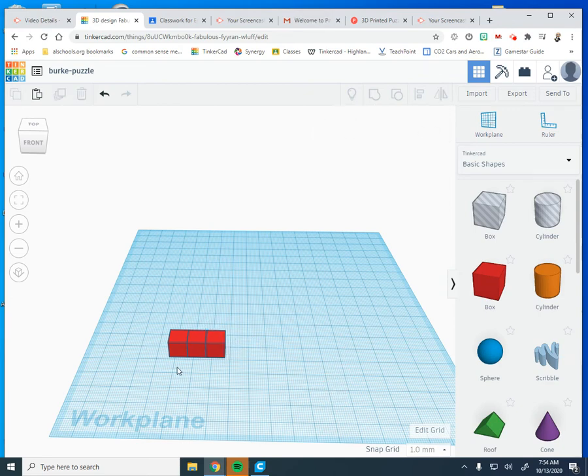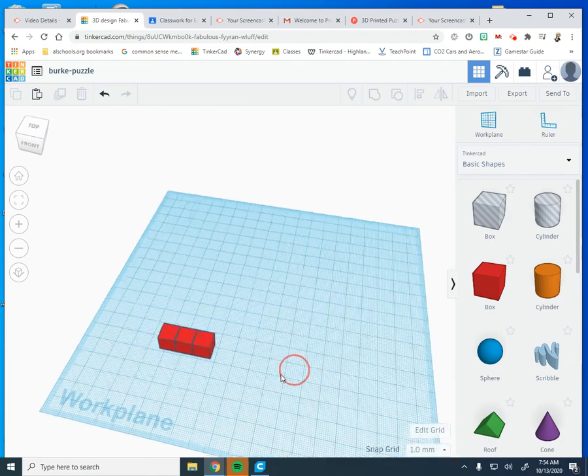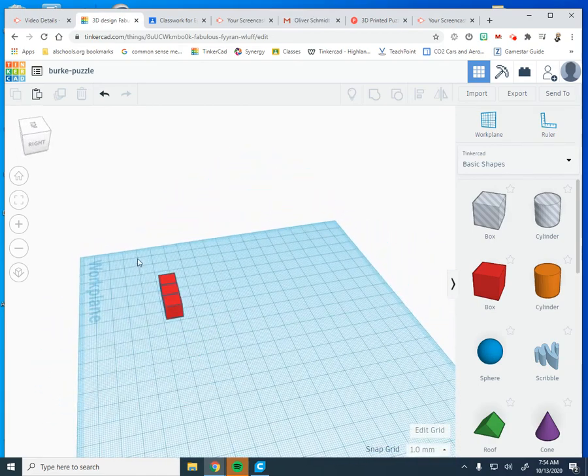So now we've got a block of 3 across. We're going to rotate our model around. We're going to select all 3 of them again and hit the copy and duplicate. This time we're not going to hold the shift key down. We're just going to click on the top square, kind of off in the corner, hold the left mouse button down, drag it to the right, and on this one we have to look at,